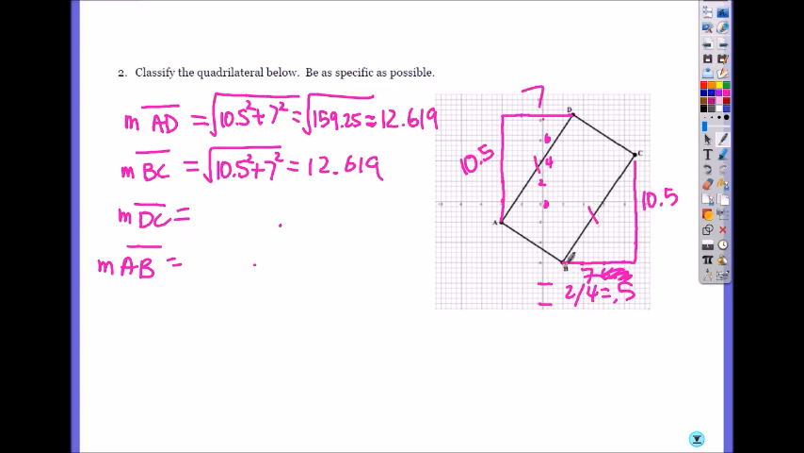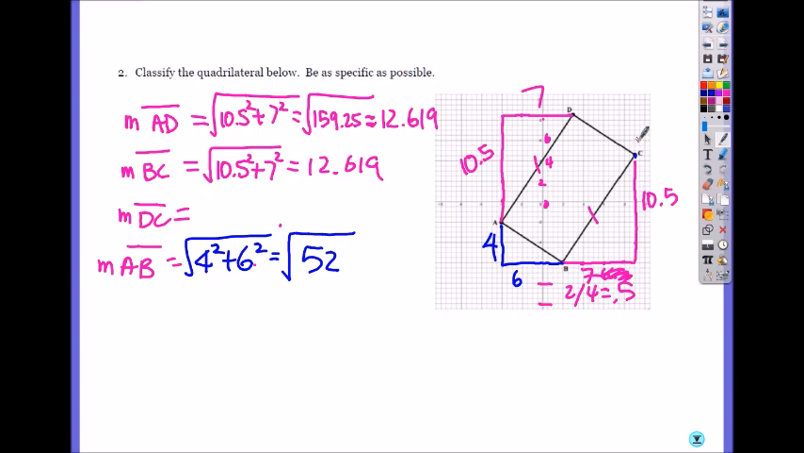What about here? 2, 4, 6. 2, 4. So AB, it's square root of 4 squared plus 6 squared, which is square root of 16 plus 36, which is 52. For that one, we can just leave it like that. BC, DC. It is